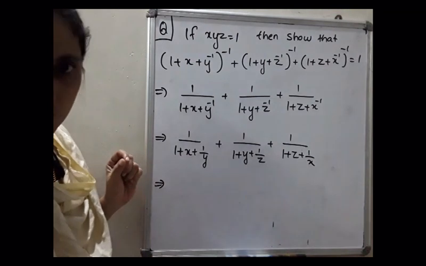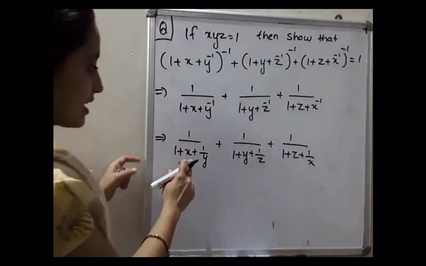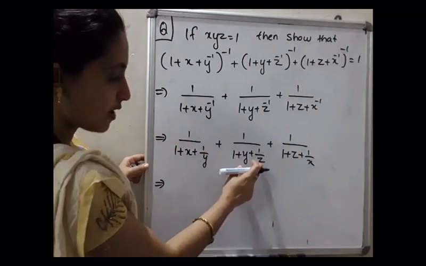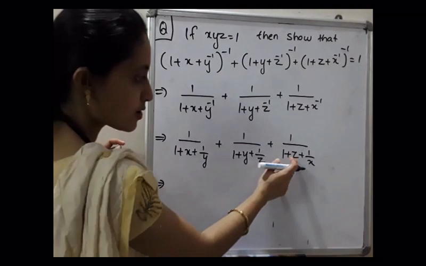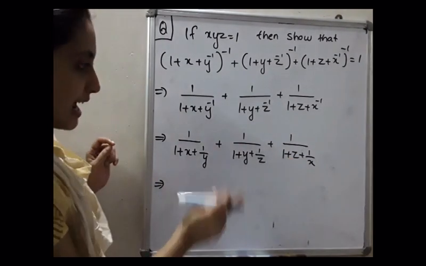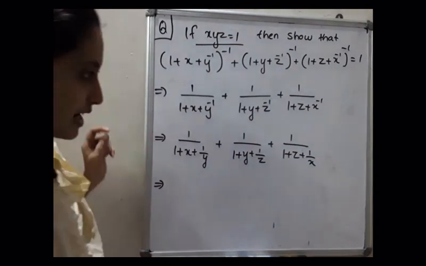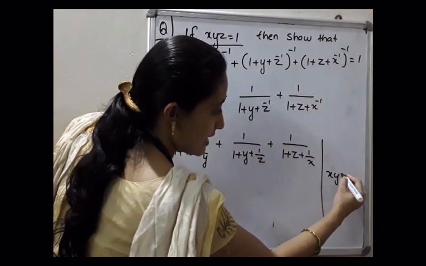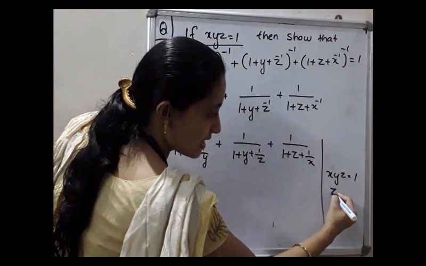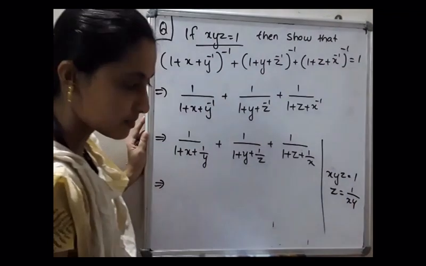Next step is a twisting step. That means you want to change z here. Okay. Here x and y are there. So you have to change this z in terms of x and y. Here also you want to change z. That hint is given as what? xyz is equal to 1. So listen here please. xyz is equal to 1, is it? So z is equal to what? 1 by xy. Clear?